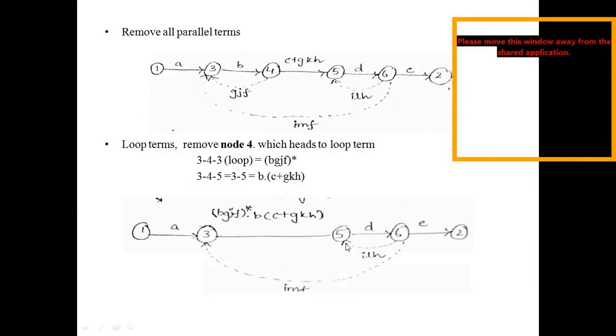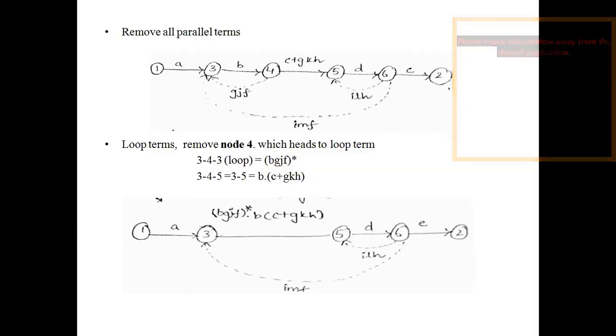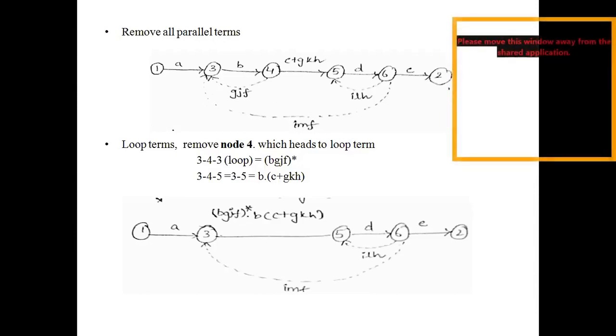Next, we will go to the next removal. See here, we're removing node 5. Why are we going for node 5 again? Because it is a loop. See, 5, 6, 5. Okay, loop. That's why we're going to node 5. Initially you can go for node 5, then you can also go for node 4. It's your option, but you are taking it after removal of all serial, then removal of parallel, then we will go for loop. Okay,